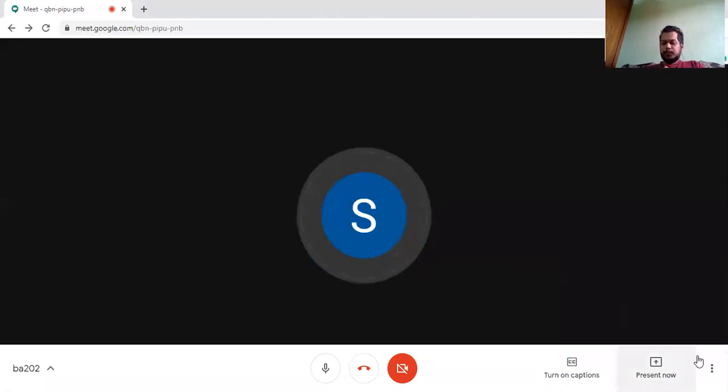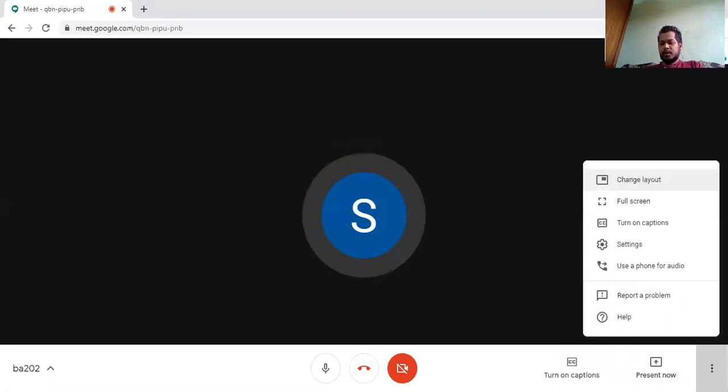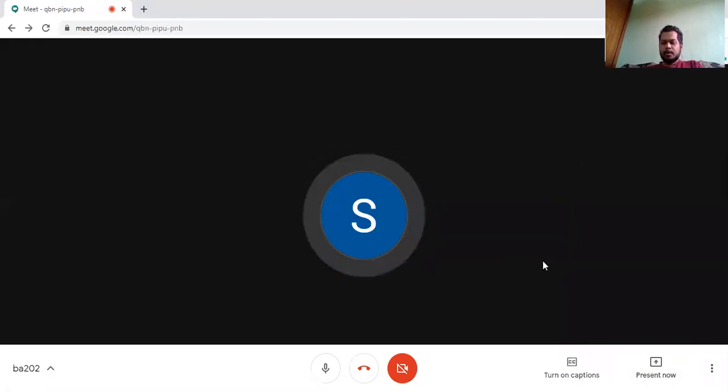So that's all. This is a section for settings. I think these sections, basically full screen and these, will not be that much used by you all, so I'm not getting into the details.